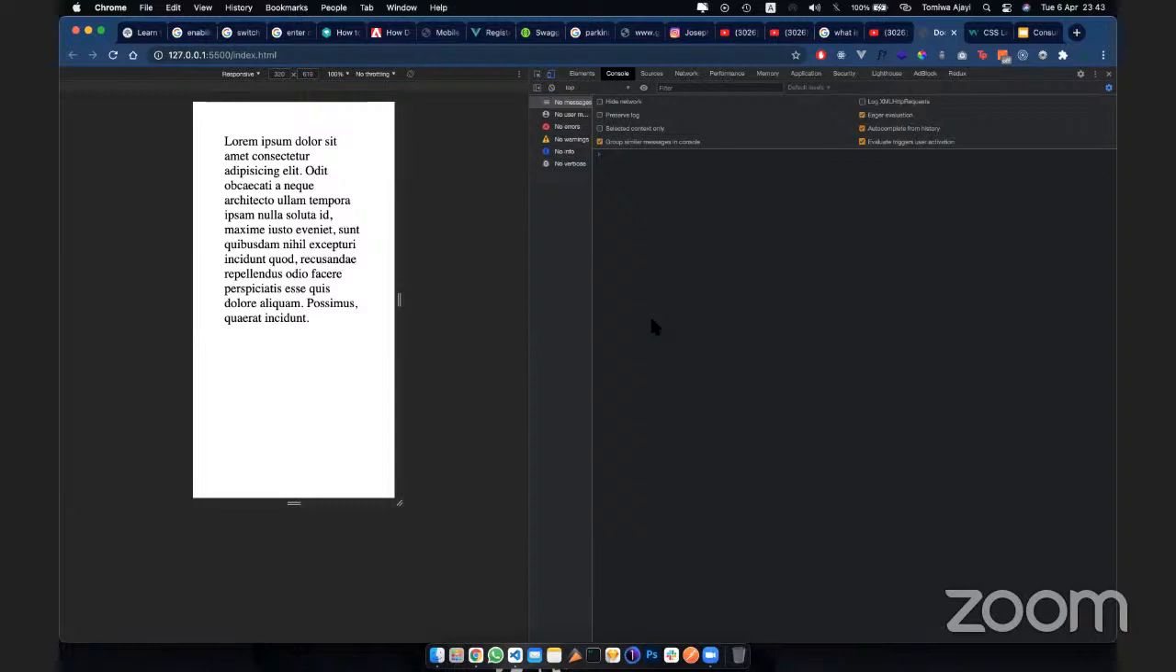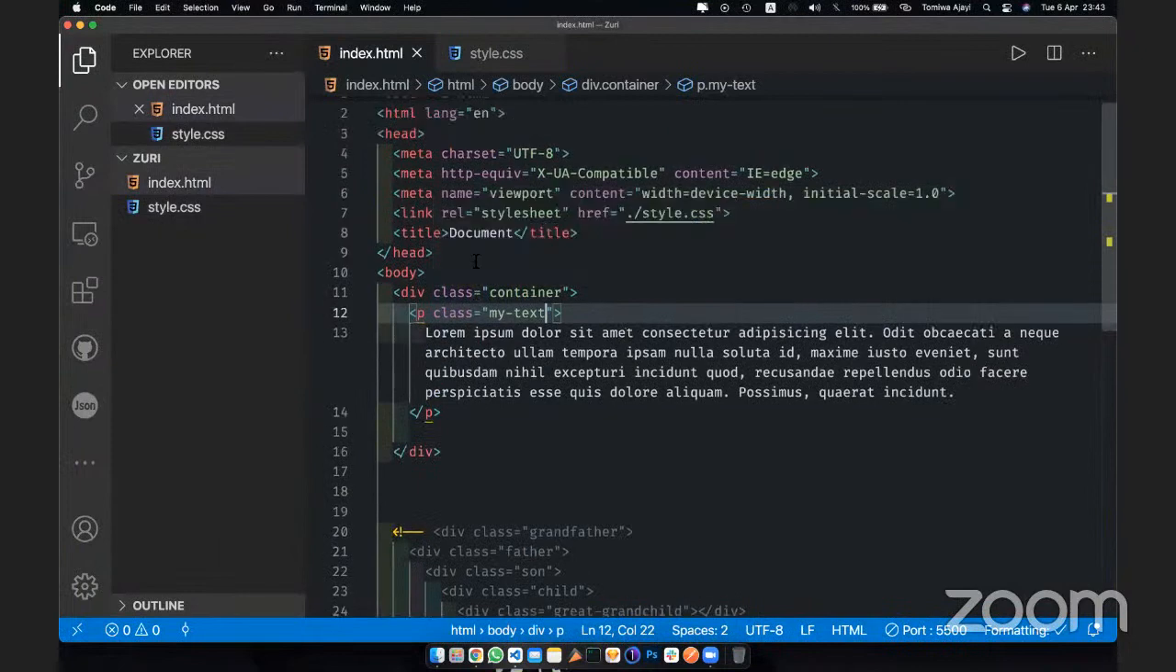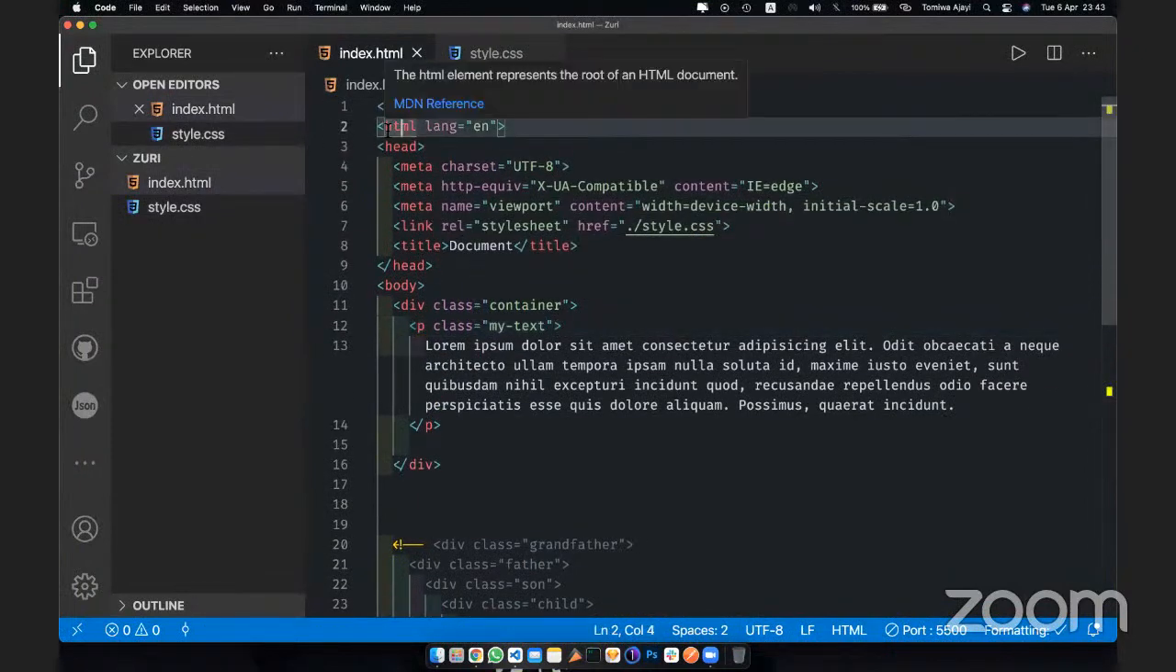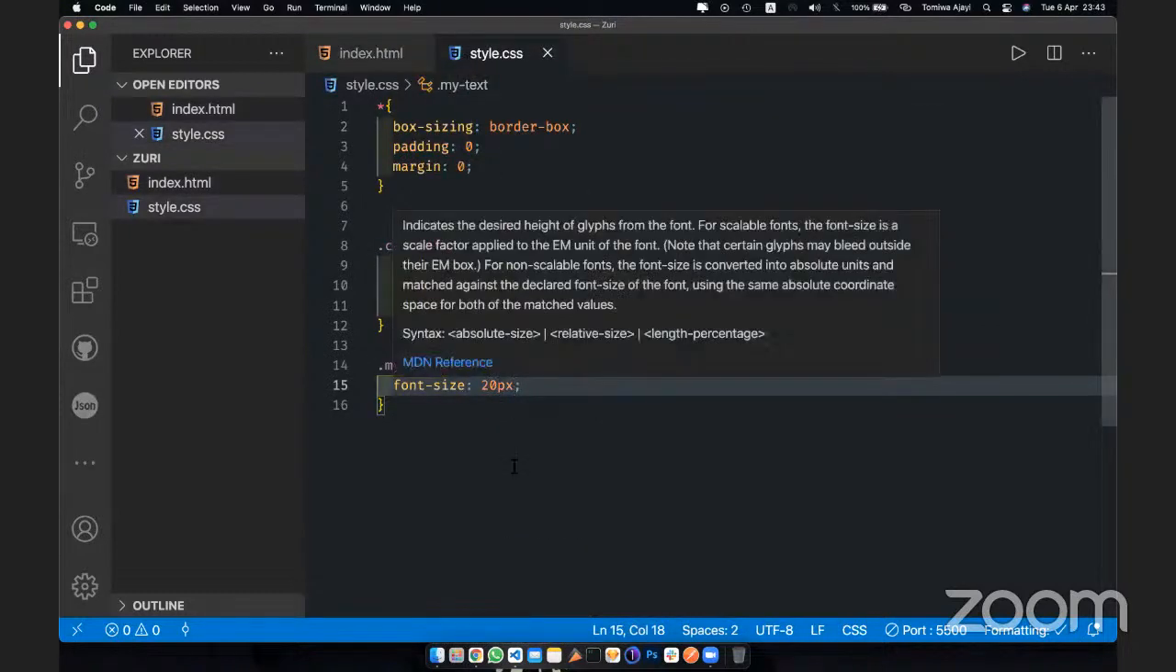So let's talk about what rem is. So rem is saying that, okay, I want this length to be defined relative to the root element, right? Now, every HTML document has a root element, and that's the HTML selector. Now, if you go to the code here and you see these tags here, this HTML tag, that's the root element of the page, right? So if I set this to 1 rem,